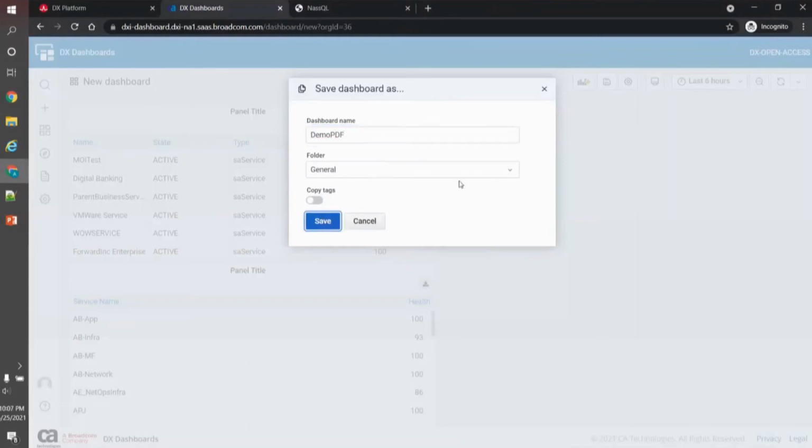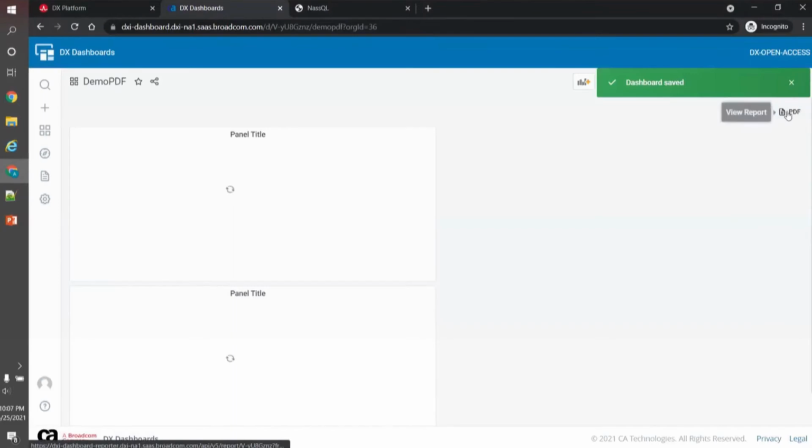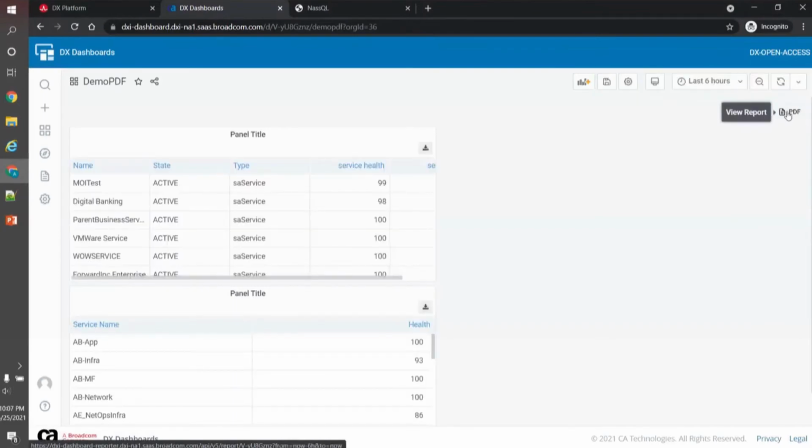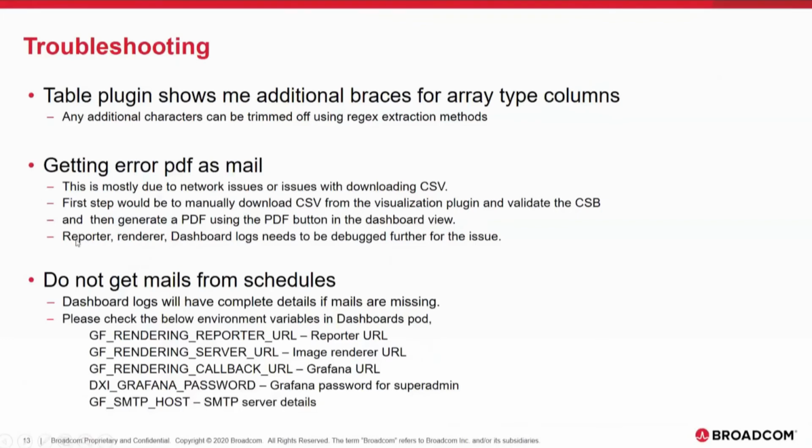And try to see if this is proper. So try to download the CSV and try to generate a PDF. And if both are working fine, we need this set of logs in order to debug the issue further. But mostly the download of CSV will show you if there is some issue around the mails that are not